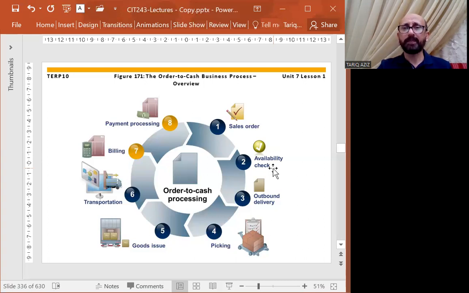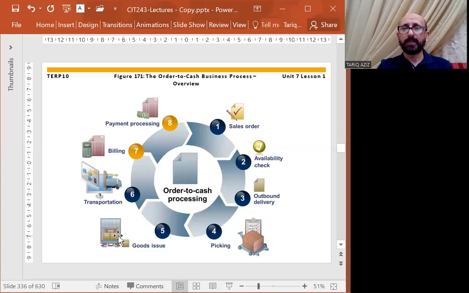If stock is there, then we can create the outbound delivery. When we create the outbound delivery, it will go to the inventory warehouse employee. He can have a look at that, and then he can start picking the material,